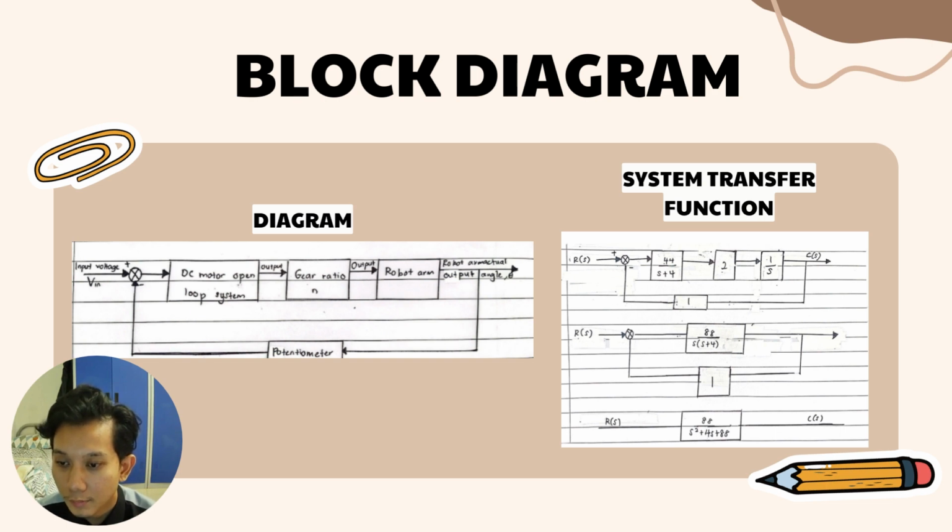Next, system transfer function. In control systems, the transfer function is a mathematical representation that describes the relationship between the input and output of a system. It captures the dynamics of the system and allows analysis and design of the system behavior. For a second order system, the transfer function is typically expressed in the form of a second order polynomial. The general form of a second order transfer function is G(s)